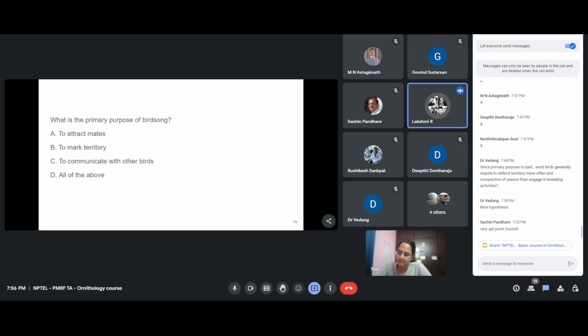Ma'am, territorial defense is about aggression, and if it is aggression, then it has to be calls. Songs are different and calls are different, ma'am. Sure. It does not need to be a bird that is actively attacking another bird. I think we are again anthropomorphizing the whole thing. But yes, they do alarm call if another bird enters. But to maintain territories, these birds have certain areas known as perches or song posts where they frequent and sing throughout the day or at different points of the day, most often in the morning.